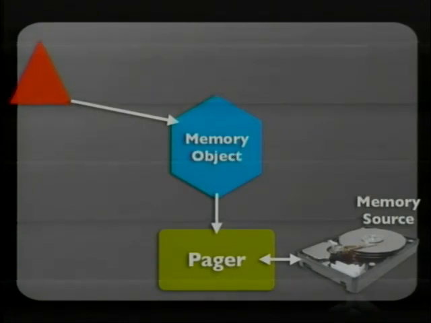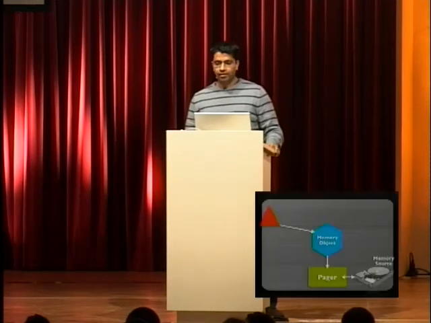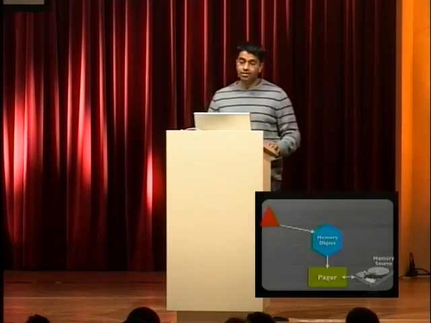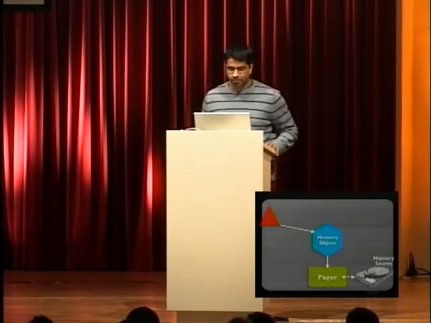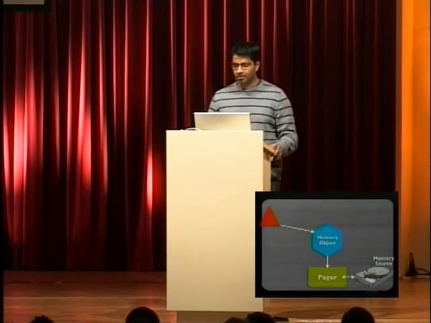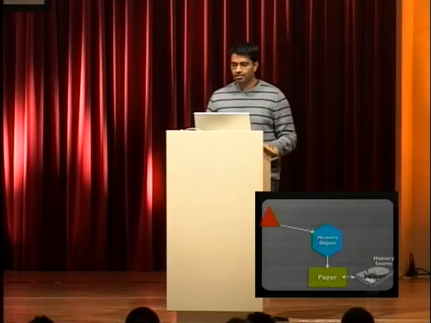Memory could also come from nowhere, because if you malloc, it comes from nowhere. So that's anonymous memory, but when you want to write it out, it has to go somewhere. So normally it goes to the swap space. So the pager that handles that is the default pager. So Mac OS X has at least 3 types of pagers, the ones that I just mentioned. Now why do I say at least?